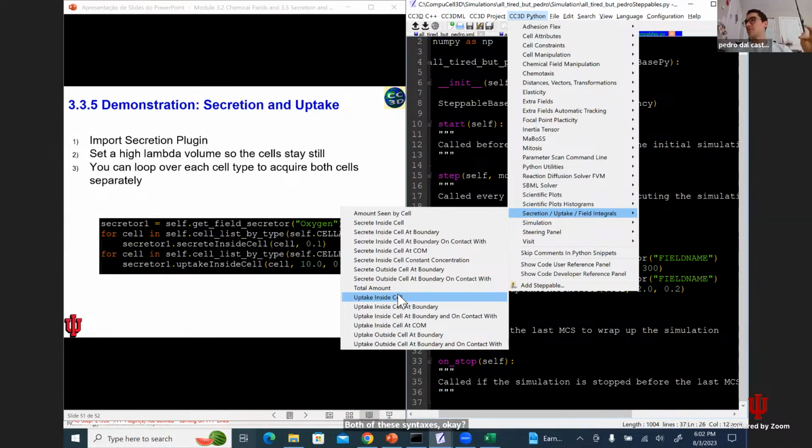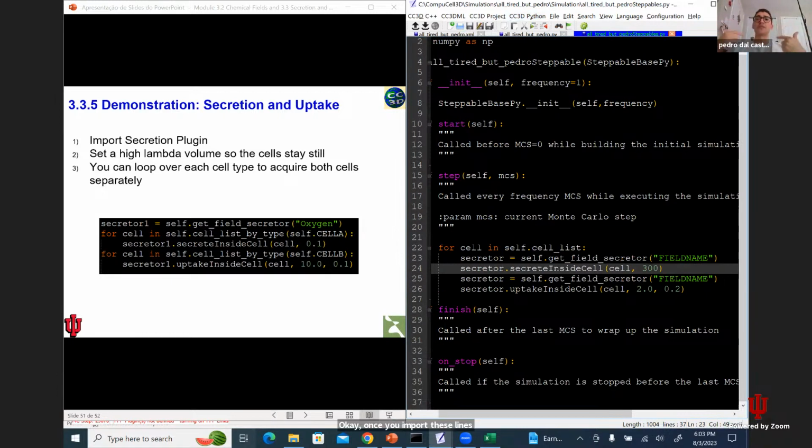I will leave the mouse hovering for a second. Okay, once you import these lines,